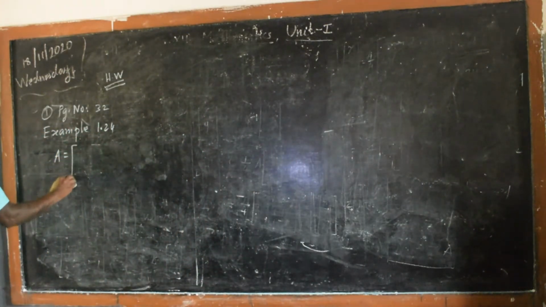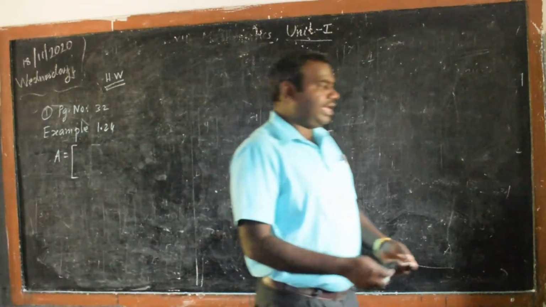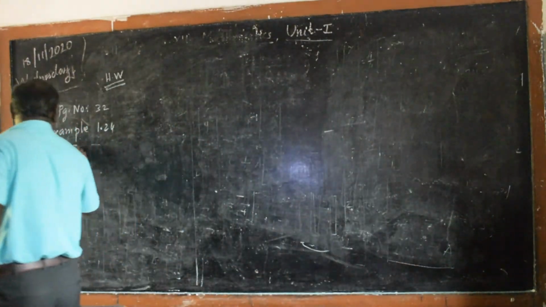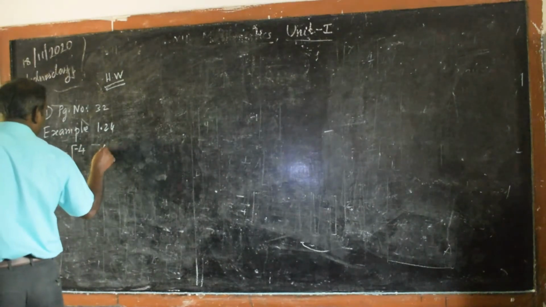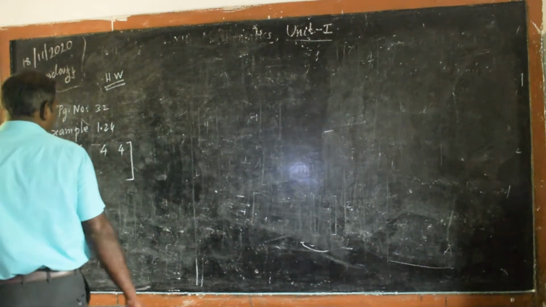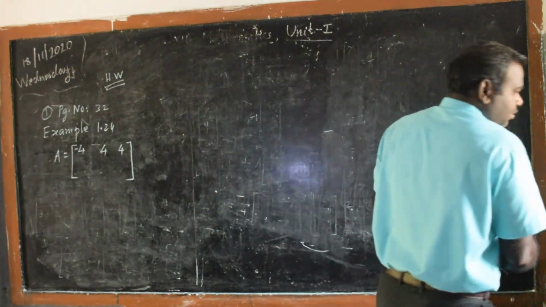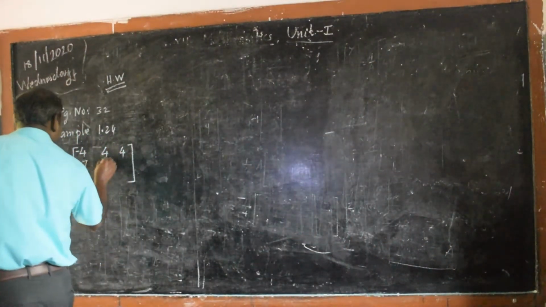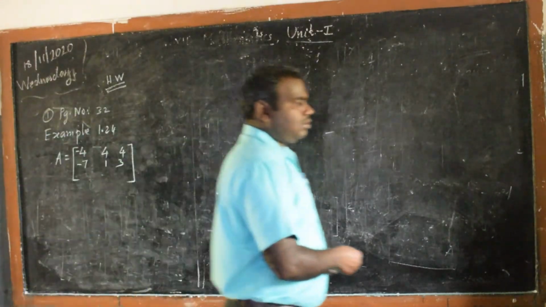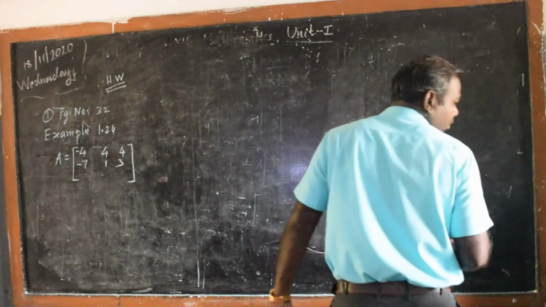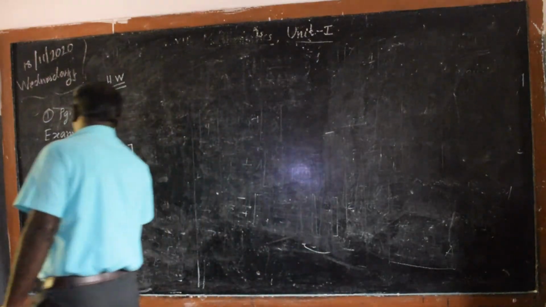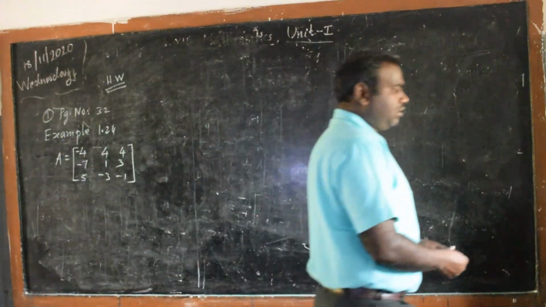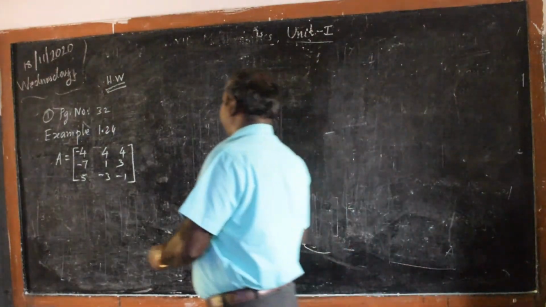Capital A equal to: first row minus 4, 4, 4, minus 4, 4; second row minus 7, 1, 3; and last row 5, minus 3, minus 1. And another matrix B equal to